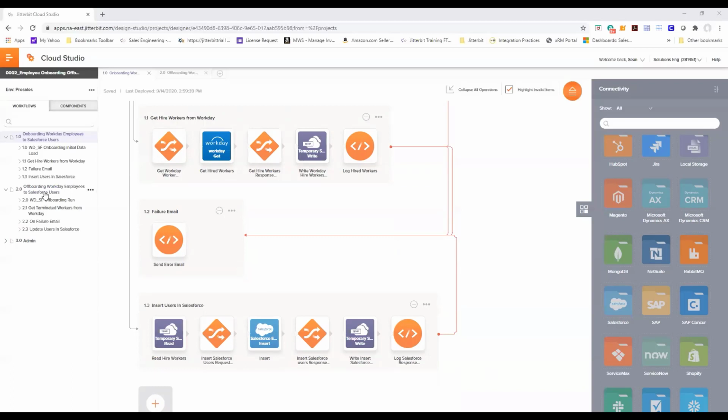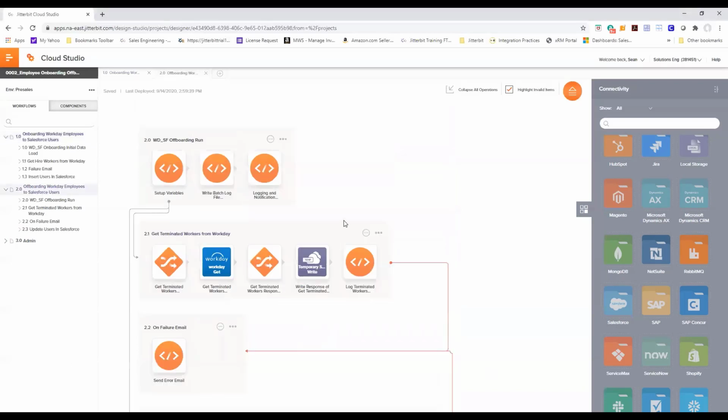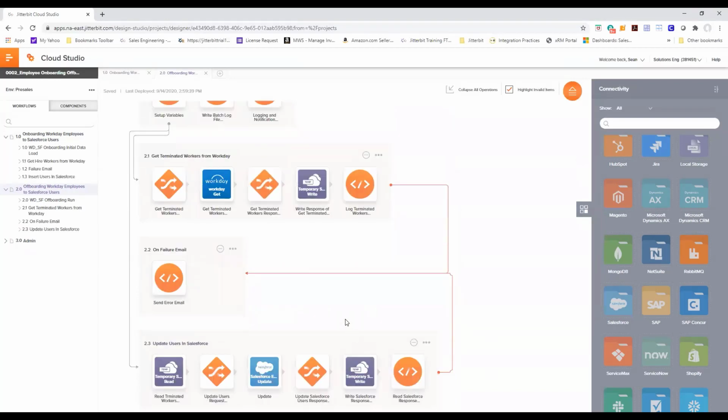The next one is the offboarding, very similar. We take care of the email notification in case of failures. We query Workday using our Workday connector to view all the terminated employees and run the process of actually inactivating them within Salesforce. Again, this template is available out of the box to Jitterbit customers, and this could be leveraged